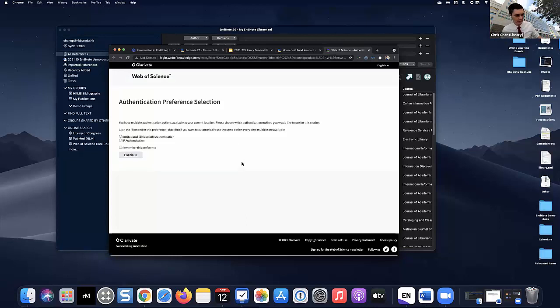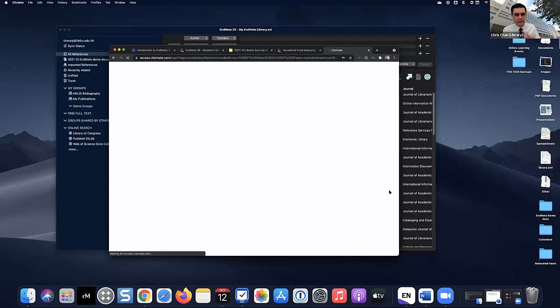Now this is, I have to be honest, a little bit confusing. We're transitioning our authentication system at the library. So it will give you this screen that says, oh, there are multiple authentication options available at your current location. I've tested and both of them work. I would say if you're on campus, the IP authentication is probably more straightforward. If you're off campus, then the institutional authentication would be more reliable. So since I am on campus, I'm going to use IP authentication. Yeah, this is just a transitional thing. Sometime early next year, this screen should not appear because we will have fully migrated over to our new authentication system. So once you make your selection there,